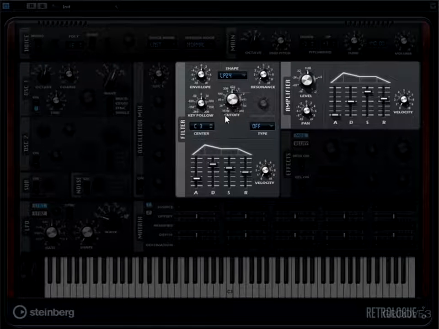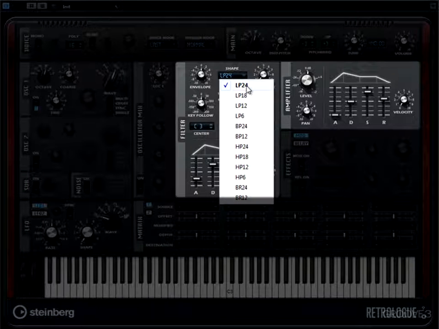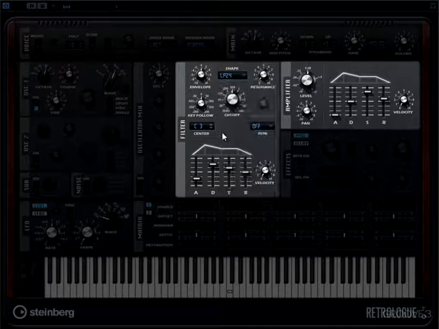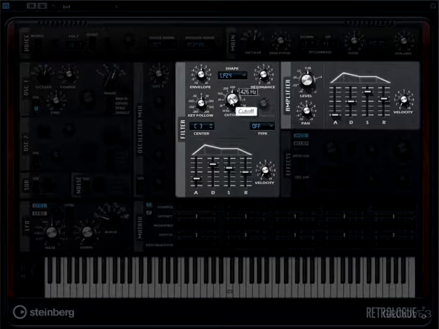LP, low pass, is just the opposite. It says I'm going to allow everything below this cutoff point to pass. I'm going to roll off or filter out frequencies above this at whatever my slope is, 24 dB down to 6 dB per octave. Now band pass will boost frequencies around the cutoff point. BR stands for band rejection, decreases frequencies around the cutoff point, and you have 24 dB and 12 dB respectively for both of these. So you can kind of toggle these around and get the sound you want. There's no right or wrong. If you got something that you like,